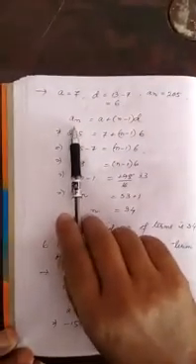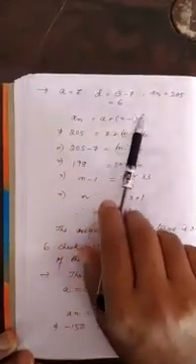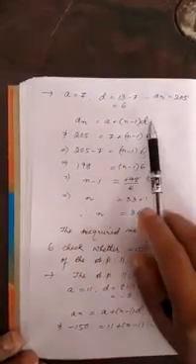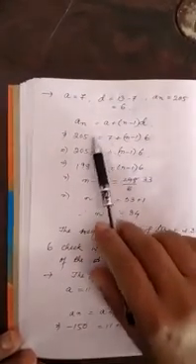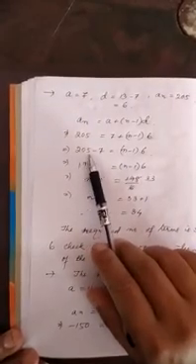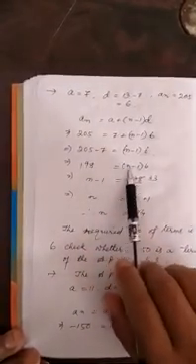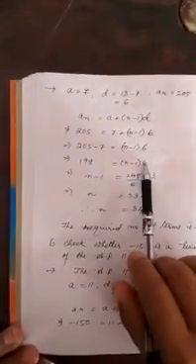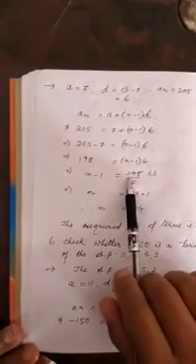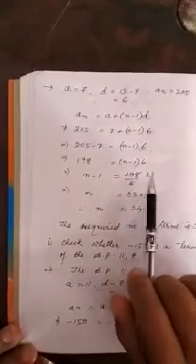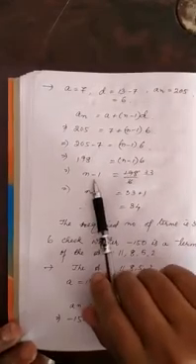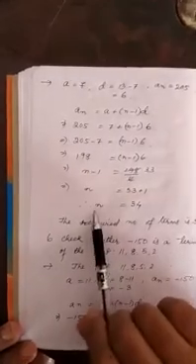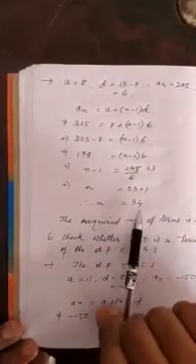Now by using the formula an equal to a plus n minus 1 d, we have the nth term is 205, the first term is 7, common difference is 6. Now by transferring 7 to the left hand side, we have 205 minus 7 equal to 198, which is equal to n minus 1 times 6. Now transferring 6 to the other side, we divide 198 by 6, then we got 33. Now again transferring this minus 1 to the right hand side, we have 33 plus 1. That means the required number of terms is 34.